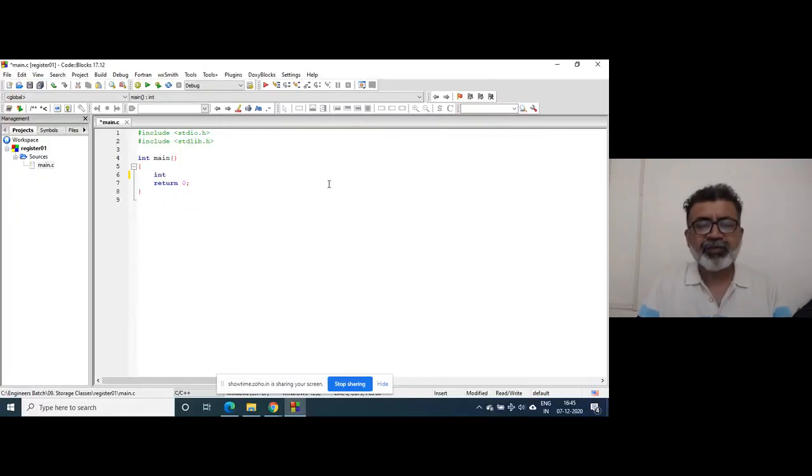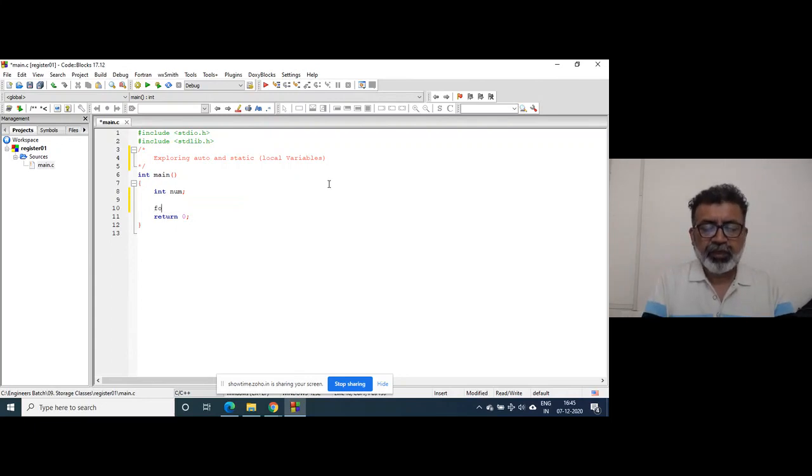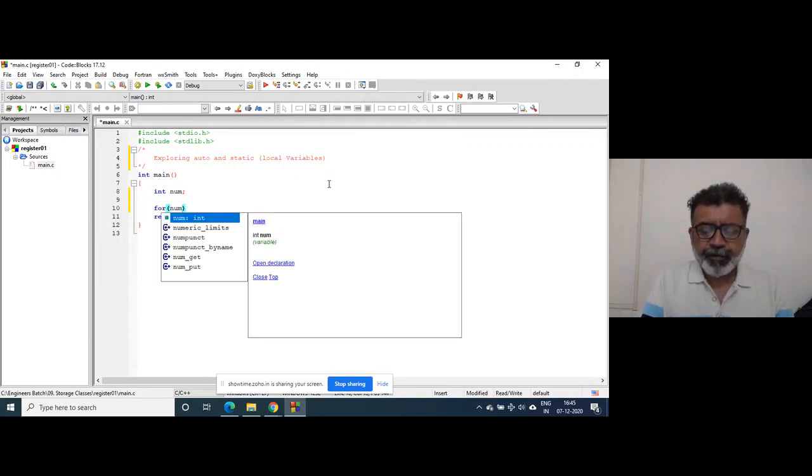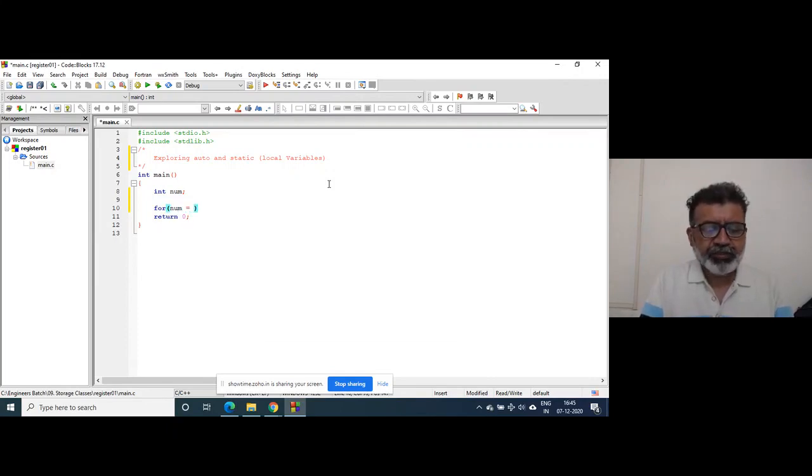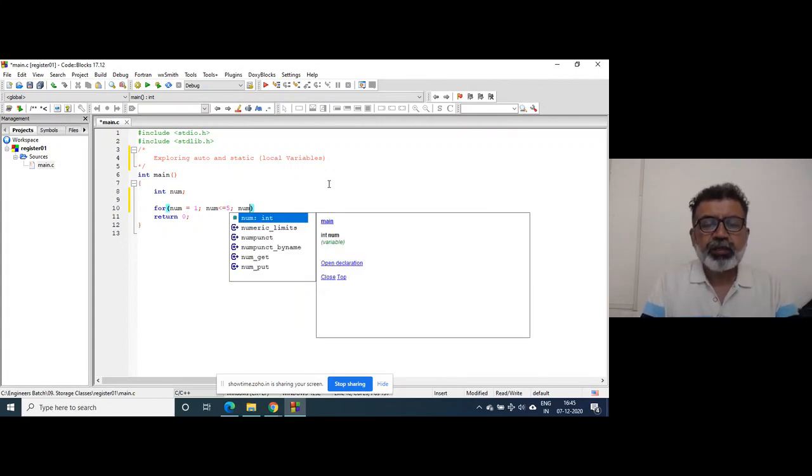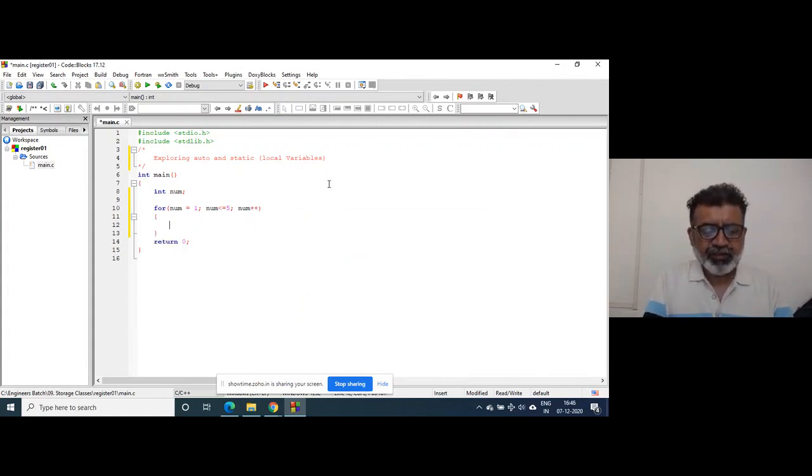I will declare one variable. So suppose I declare a variable as int num, right? If I write for num equals 1, num less than or equal to suppose 5, num plus plus, call some function.